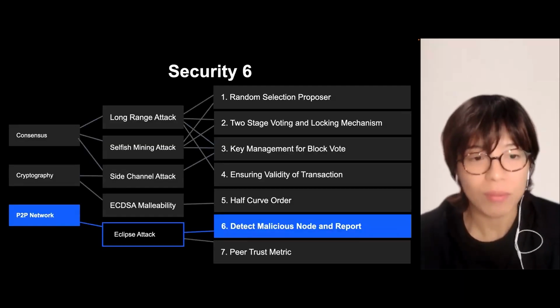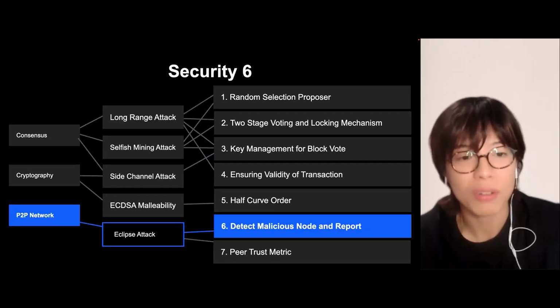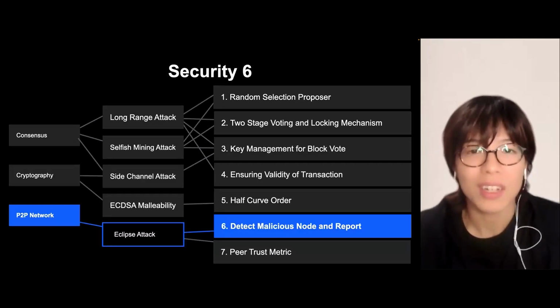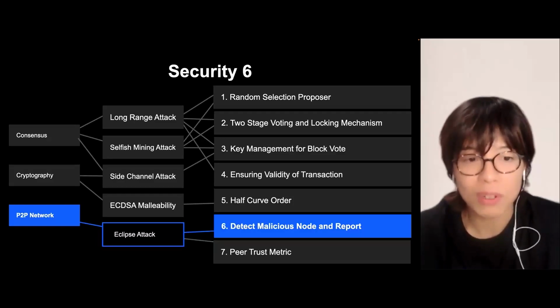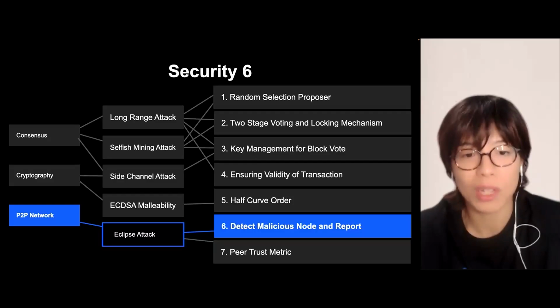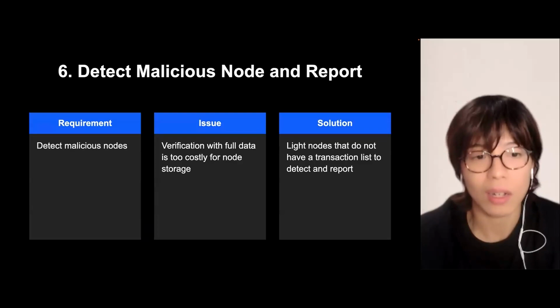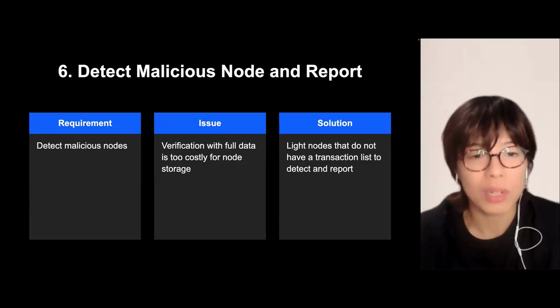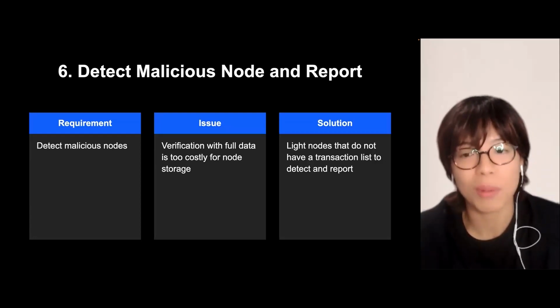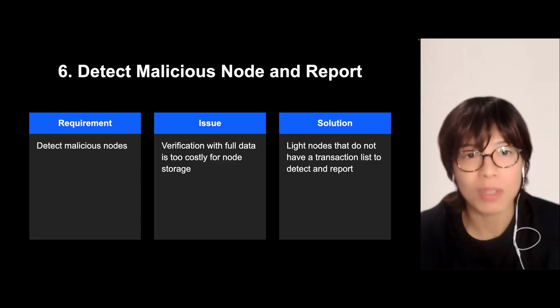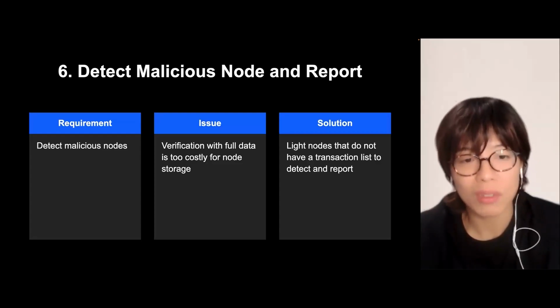Next, I'd like to talk about the feature to detect malicious nodes and report them, the detection of the rogue node and how to report it. There is the Eclipse attack, where a node will be surrounded by rogue nodes and the gossip will be compromised. How will we make a countermeasure against it? Multiple nodes exist. They are gossiping, and there is communication data between them. But communication should be done correctly. If it is hindered, there will be damage to the system.